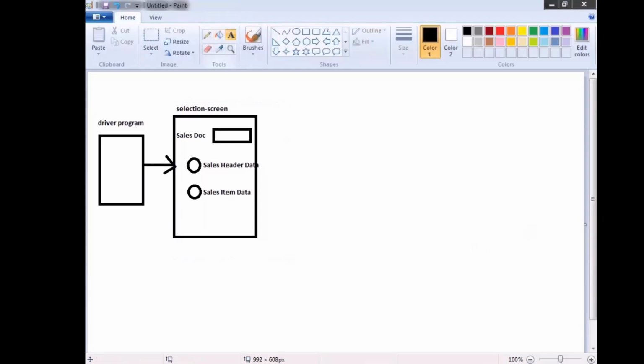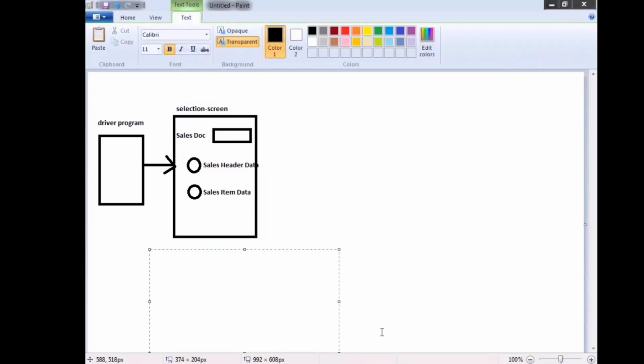So the requirement is the validation: at any point of time only one radio button needs to be selected.